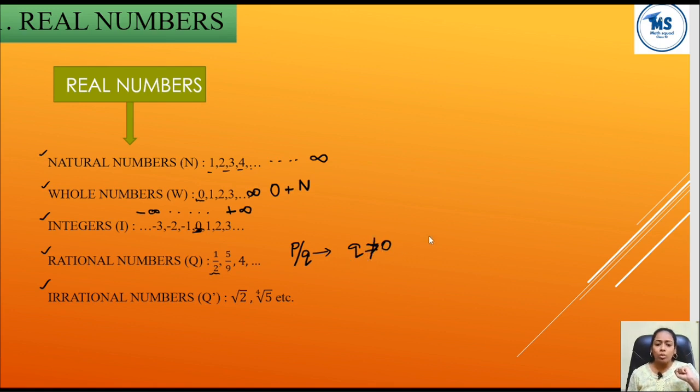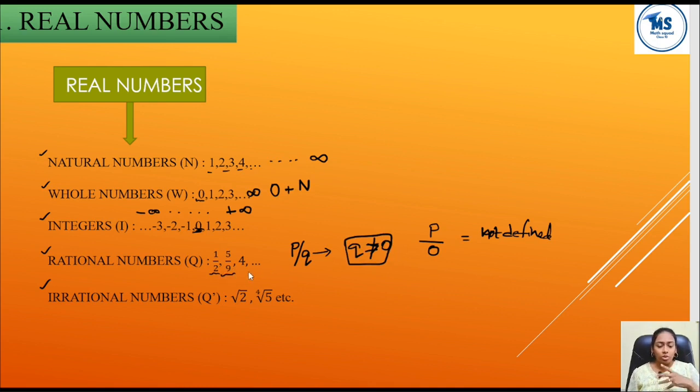Okay, what happens if q is equal to 0? If suppose my number is p by q, I am assuming that q is 0. So what is it? You know that anything by 0 is not defined. It is not defined, right? Not defined, or you can say infinity or anything. Okay, so that's why here our q should not be equal to 0. q can be any other number, any other integer. Okay,